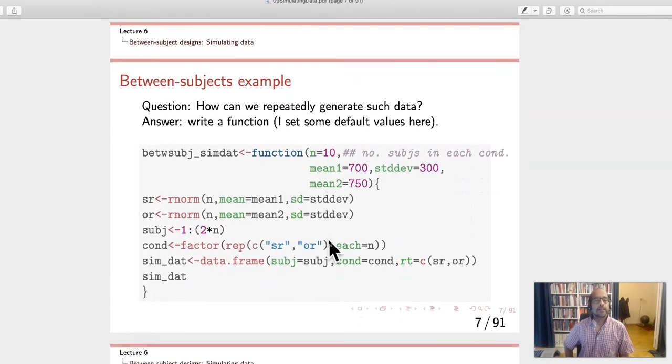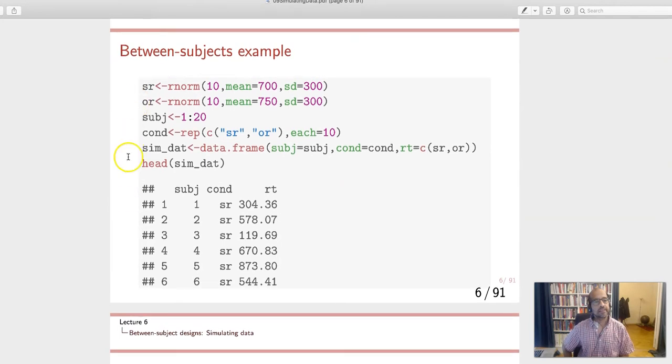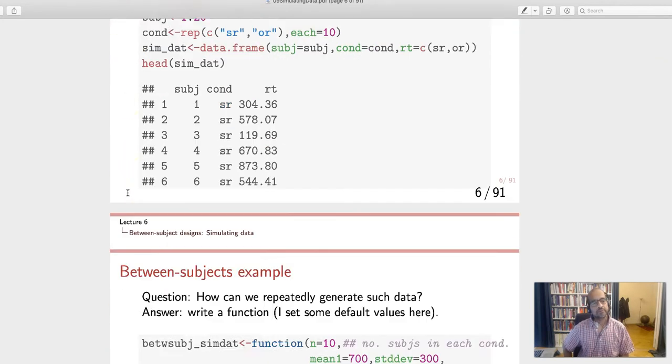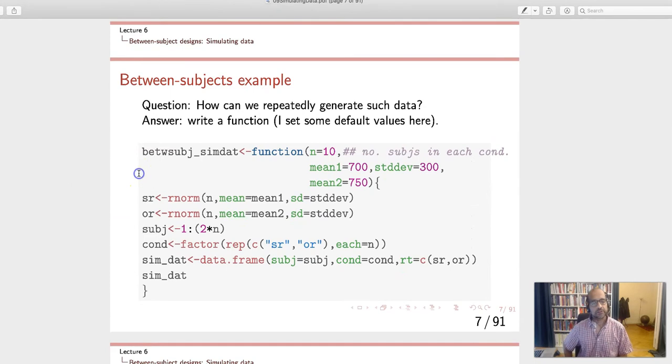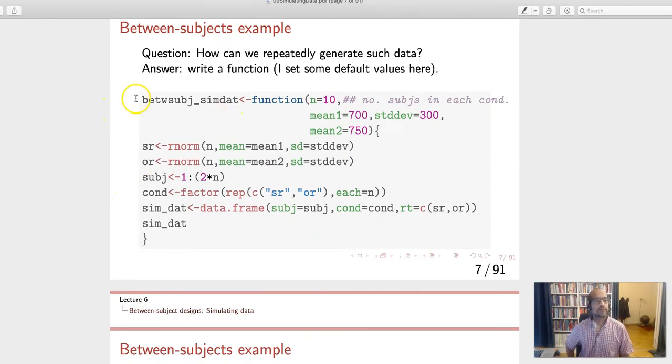Okay. So now the interesting question is, how can I generalize this? How can I repeatedly generate such data, right? So I could do this again and again, what I've just done here, but there's a better way to do this, and the better way is to write a function. So we're going to write a function that for a particular sample size in each condition, that's what that n refers to. I want to remind you of homework 1 there, right? And the mean for the first condition is this, the mean for the second condition is this one here, the standard deviation is here. So these are all the parameters that go in this function,